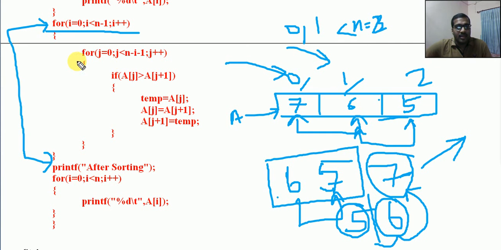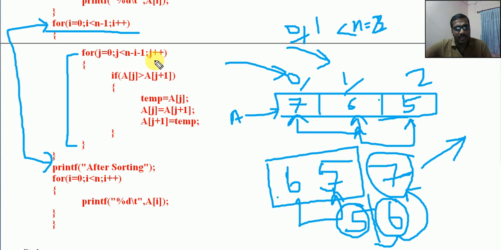Okay, now i equal to 0. First one, i equal to 0. We will enter into the loop. That is true, i less than n minus 1, that is, it is less than 2. Correct? It will enter into the next loop. This is the inner loop, the loop used for comparison. In the first iteration, the 0th iteration, we go for all these comparisons and swapping. In the next iteration, we again go for comparison and swapping. So that is the procedure.